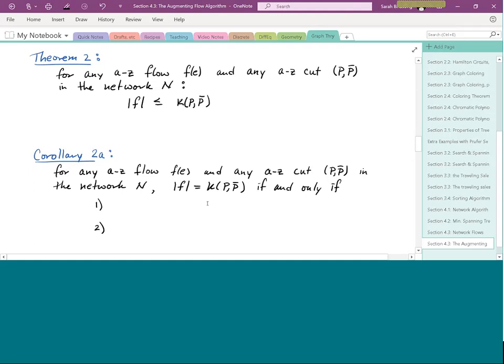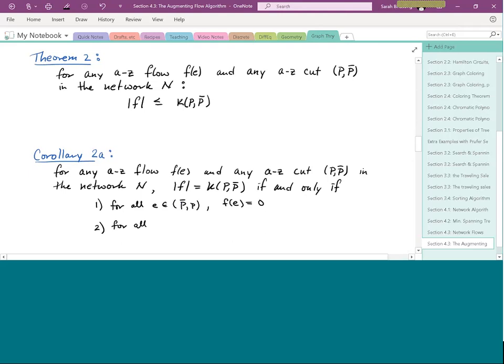The first criteria says pick any, or for all edges E inside of your cut P complement P. Notice that's the reverse, like what we just did. Then the flow going backwards, from the side that has the Z on it back to the side that has the A in it, is going to be 0. In other words, don't use backwards edges. It defeats the point of doing the maximum value that you possibly can. And also,